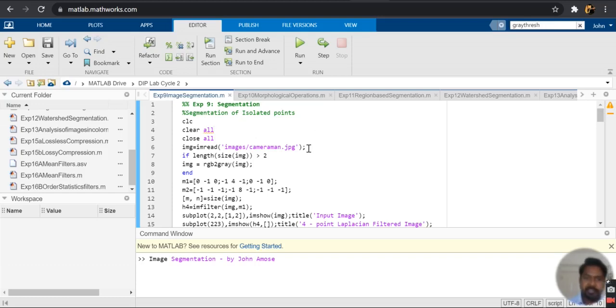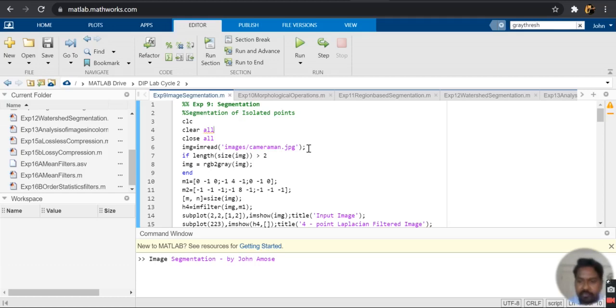In this, the first thing that we do is we read an image. So we use the function imread, and if the image is a color image, we convert it to grayscale. Here we are trying to identify points which are abnormal. There is 1 pixel or 2 pixels which have a different value compared to the values around it. We know that it is some kind of noise. To identify that particular point, it is much easier on a grayscale image.